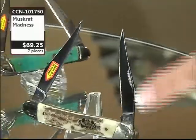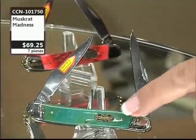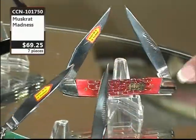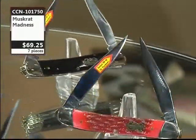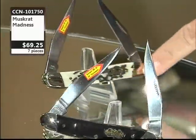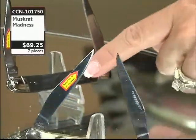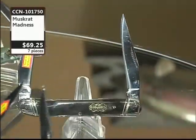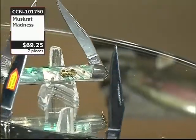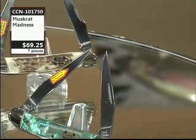That's genuine deer stag for $9 and change. Genuine deer stag. Jade aqua. Here's that beautiful red pick bone. We have a buffalo horn that's polished up and pretty. The stag bone resin, which just came out. I really like that. Dino rock, and then back to the abalone. Genuine abalone. Less than 20 of the Muskrat Madness left,